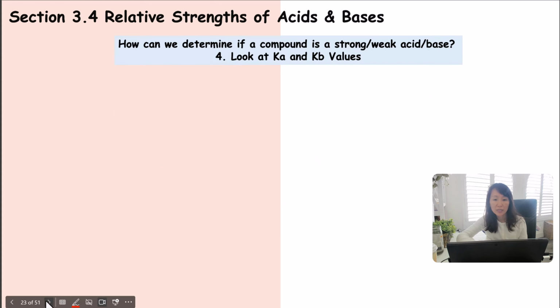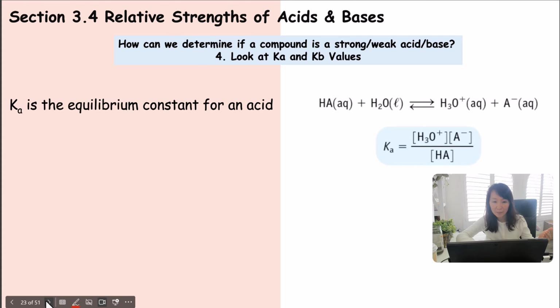Another way to do this is to look at the Ka and the Kb values. Well, what is Ka and Kb? Ka refers to the equilibrium constant for an acid. Remember, the equilibrium constant for water was Kw. Equilibrium constant for any other substance was considered to be Kc. Here, if I'm looking for the equilibrium constant for an acid, we consider that as Ka. For example, say we have an